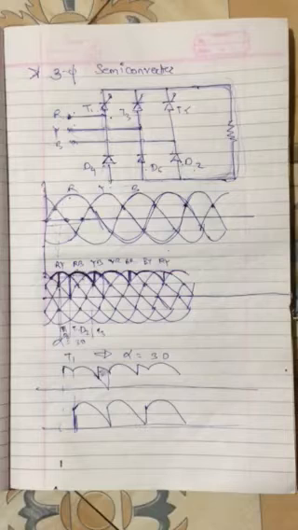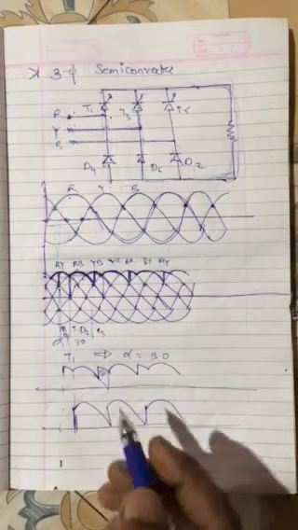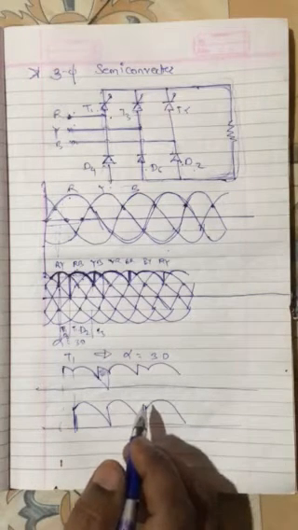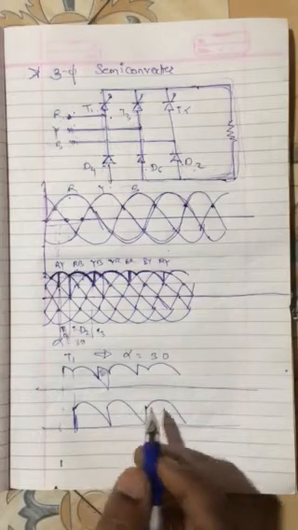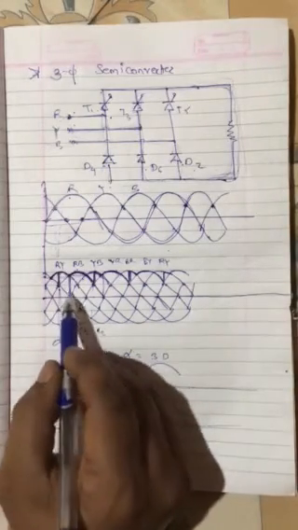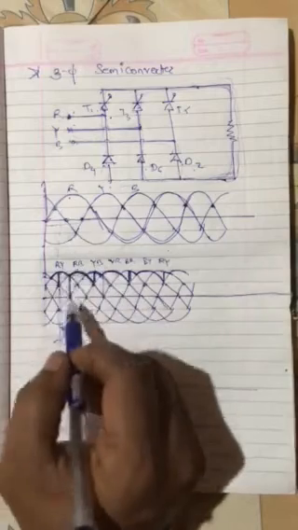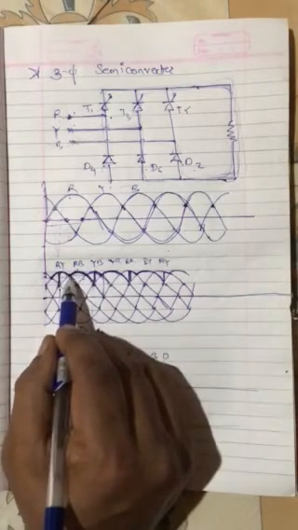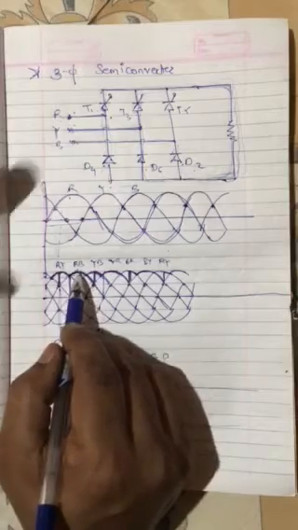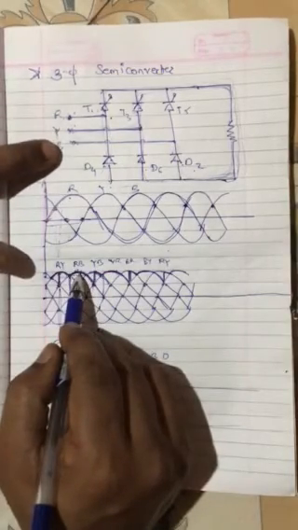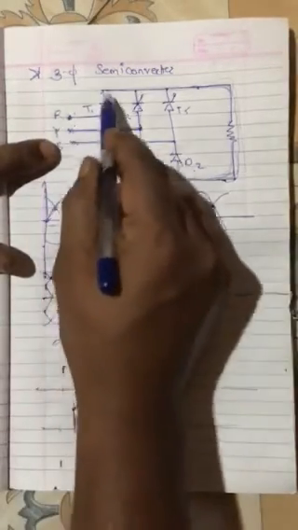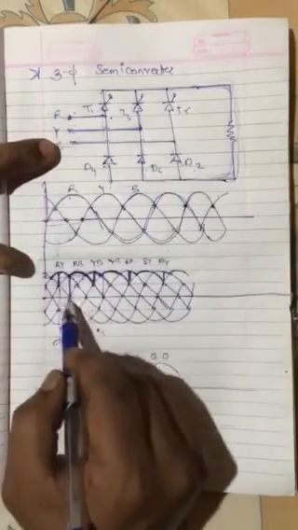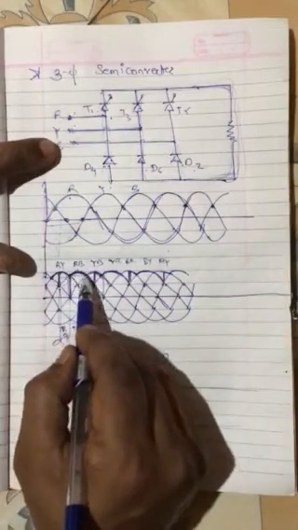Okay, getting it? If you are not getting it, I can repeat it. See, alpha is 60, so I am making it on at this particular point. I am giving a firing pulse to T1. So T1 starts conducting. Okay, RB is positive, so R and B means T1 and D2, right? No, D2, T1 and D2. So it will start conducting. It will continue to conduct.